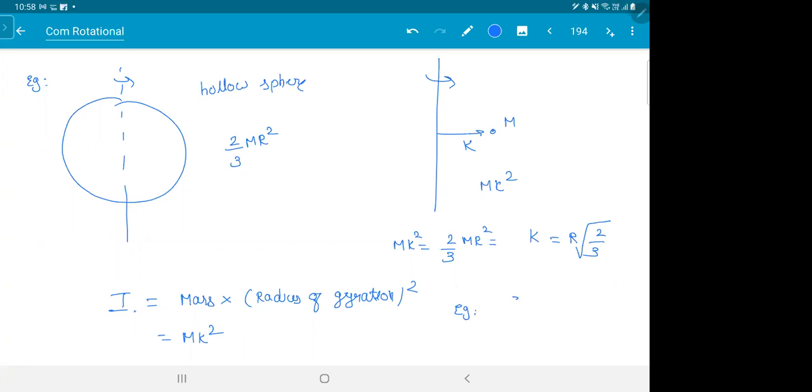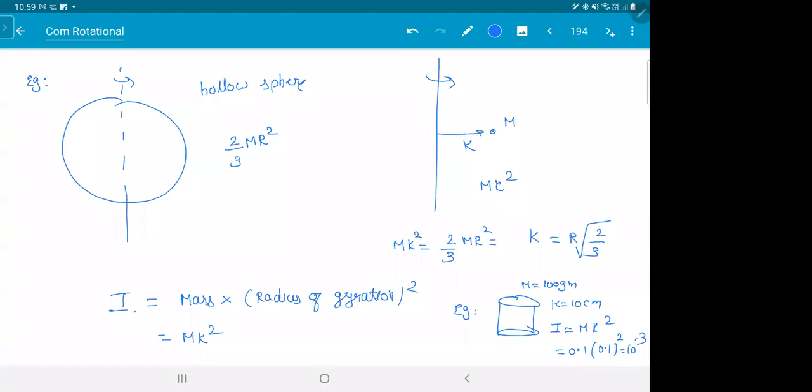The example can be written like this. So there is some cylinder. They'll say mass is 100 gram. Radius of gyration is 10 centimeter. Then I is simply mk square. That is 0.1 kg, 0.1 m square. So 10 power minus 3. You need not ask what shape, what is the thing, anything it could be. So if someone gives you radius of gyration, meaning you can write mk square as moment of inertia. You are not bothered about the shape. So when you go to a lab and then you see an object, on it will be written two things, mass and k value.